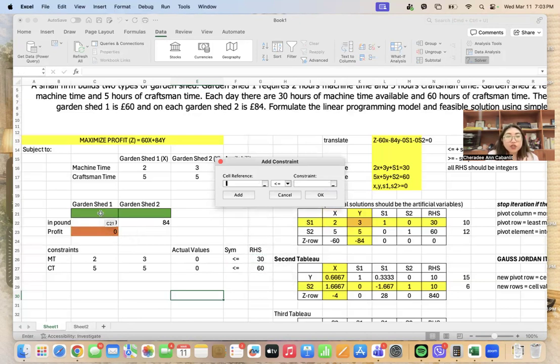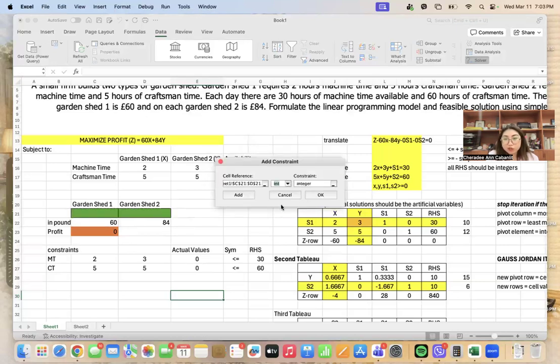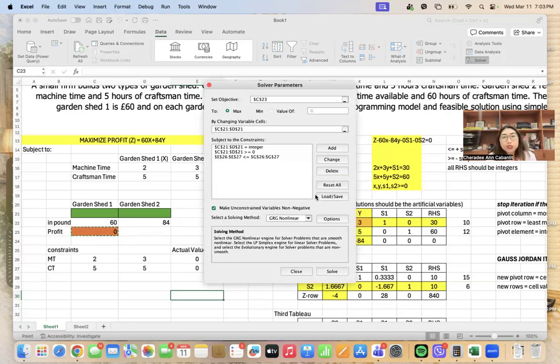You must also make sure that your answers are greater than or equal to 0 because they should be positive values. And your answer should also be integers because that's Garden Shed 1 and Garden Shed 2. You don't produce 1.667, 2.667 answers, no? So it should be in integers or whole numbers.